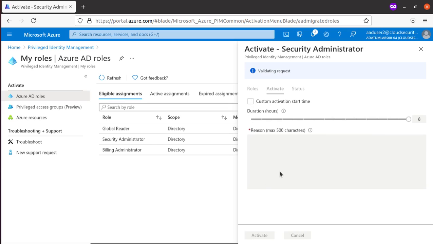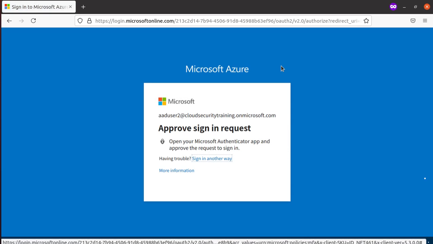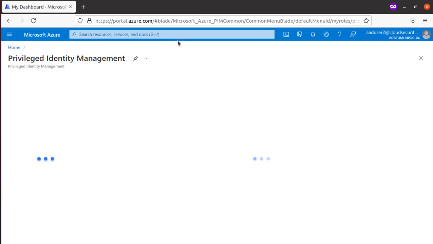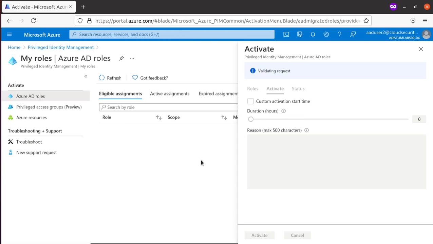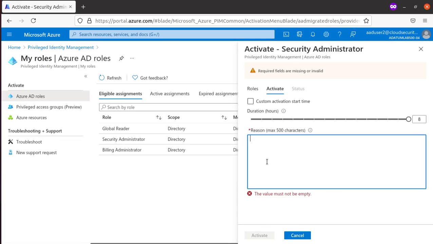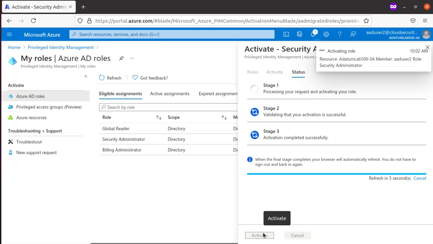and additional verification required. Do that, go through your MFA. Okay, so once you're here, you get in there and go to security administrator. We're gonna activate that role as well, so click yes. Okay, need access. Hit activate. So for the security administrator, we don't need any